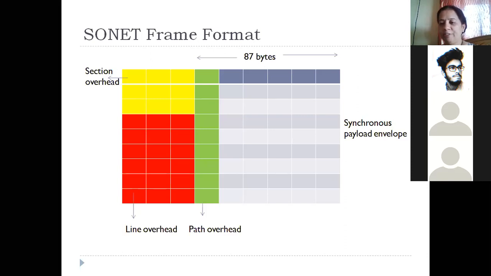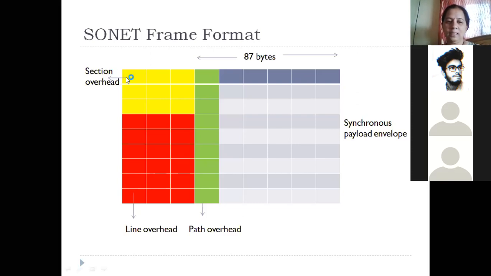We all know what a frame is. A frame is a group of bits or a group of bytes, which is logically put together to form a block. You can see the SONET frame format is a little different from other frame formats which we have learned in the past. The SONET frame format is made up of 9 rows of 90 bytes. It's like a matrix or an array.